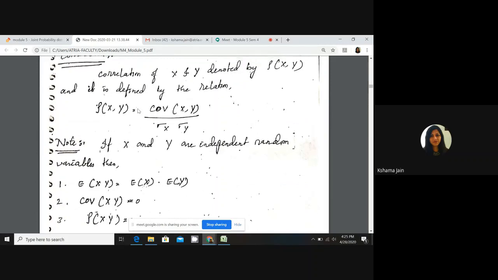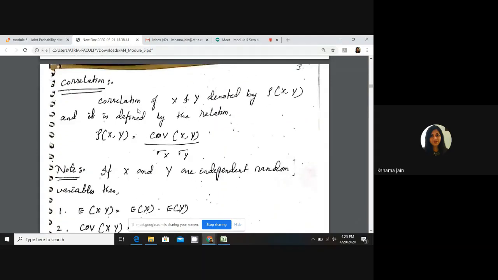Correlation, that you have studied already. There is a relation between the formula of correlation and covariance. For correlation we took x separately and y separately, but here we are taking them together. You can use r or rho; they have used rho as the symbol. Correlation is equal to covariance of xy divided by sigma x sigma y. This is a very important formula. When you have covariance and standard deviations, we can directly find correlation.